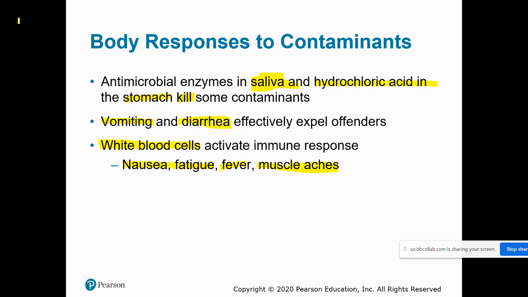In some cases, again, the microorganism could be fully extinguished by the antimicrobial enzymes in the saliva and the hydrochloric acid in the stomach. So in some cases, we might ingest something that could have been potentially poisonous or toxic, but our first line immune system responded pretty well, and so we passed by without hardly even noticing it. But then obviously in other cases, it can become pretty severe and we can experience pretty severe symptoms.